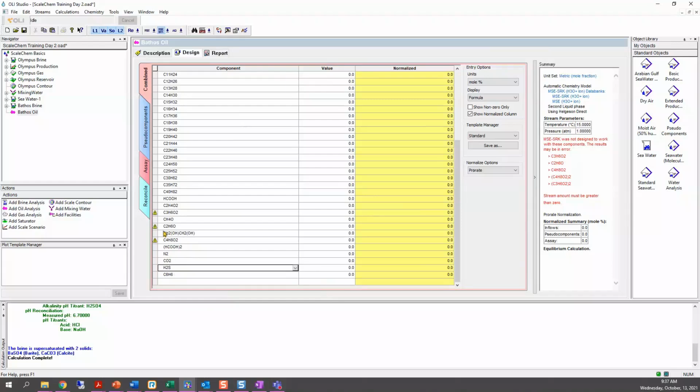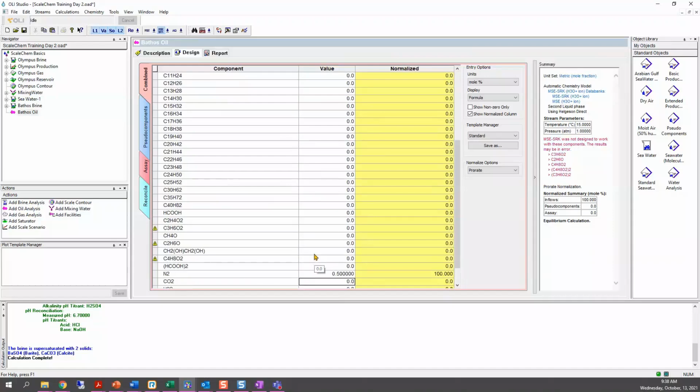For our example, the oil that we want to create has 2 inorganic components in the composition: nitrogen and CO2. We are going to enter the composition of those inorganic components here. For nitrogen, it was found that this oil had 0.5 mole percent, so let's enter that value in front of nitrogen.